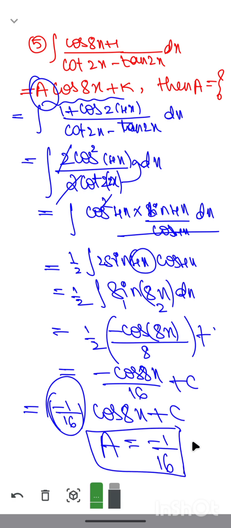Yes, this is our required answer. Hope you have understood. Moving to the next question. The next question is question number 6. Question number 6 is integration of